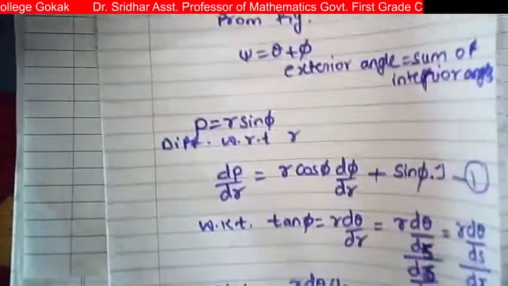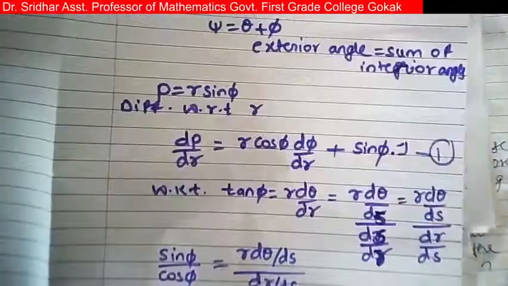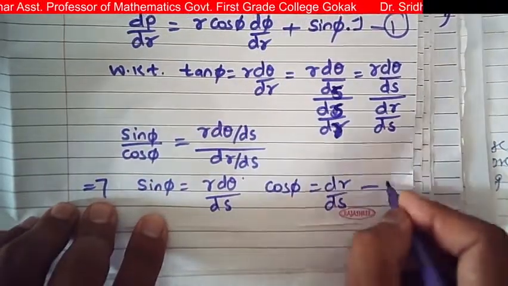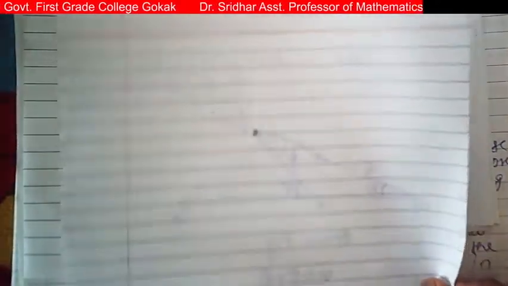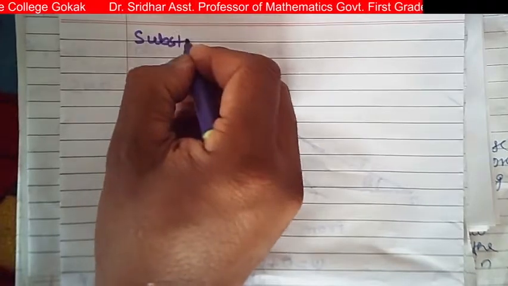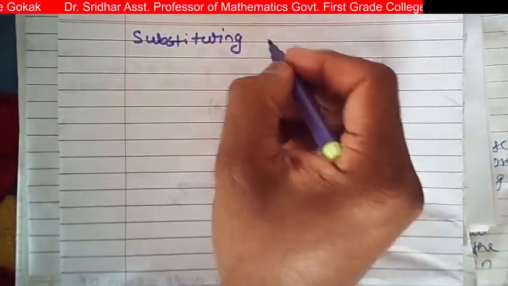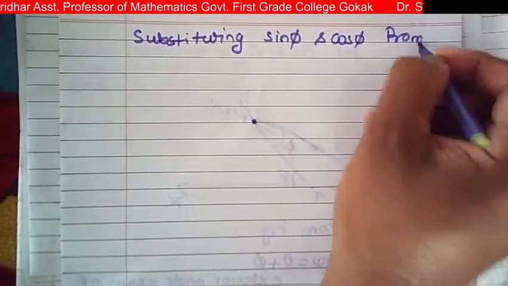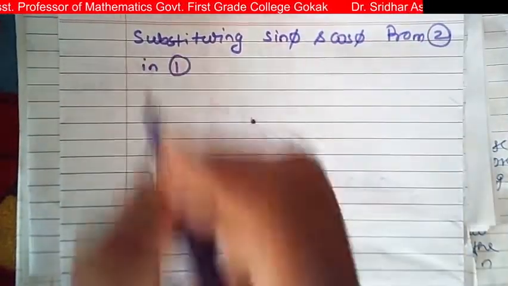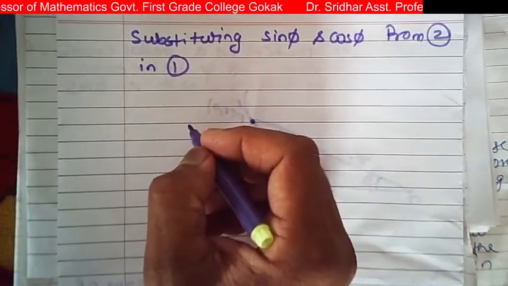Next, call this equation 2: sin phi equals r d theta by ds and cos phi equals dr by ds. Then substituting sin phi and cos phi from 2 in 1, we obtain: